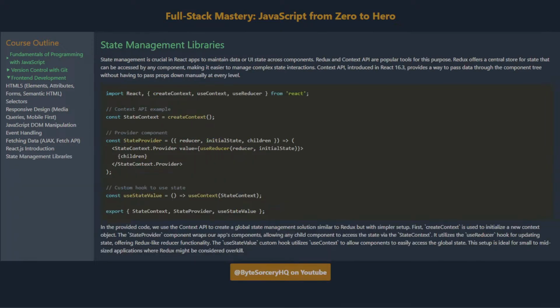State management libraries, Redux, Context API. State management is crucial in React apps to maintain data or UI state across components. Redux and Context API are popular tools for this purpose. Redux offers a central store for state that can be accessed by any component, making it easier to manage complex